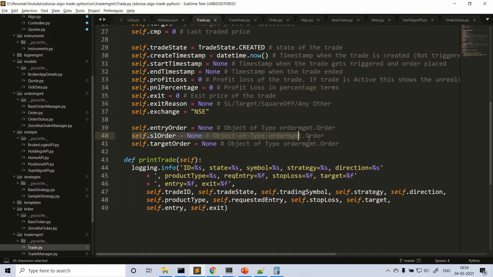I mean, you just have a direct exit order, that is the target order, whatever, right? So after the candle is closed, based on your condition, you just close the trade at market price if it reaches your SL. So in that case, SL order can be none and target order can be none if it is not applicable. Here we are just printing some values of the trade. Of course, you can print all the values, but for now I am interested in printing only these values.